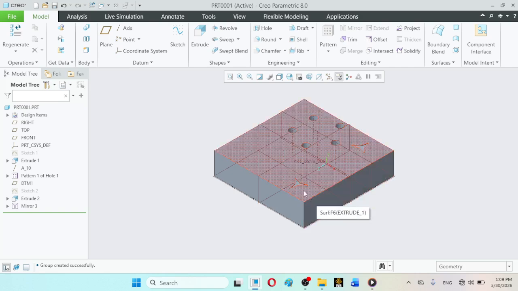Furthermore, once mirror has been applied, you can further mirror out. For example, I can demonstrate it like this.